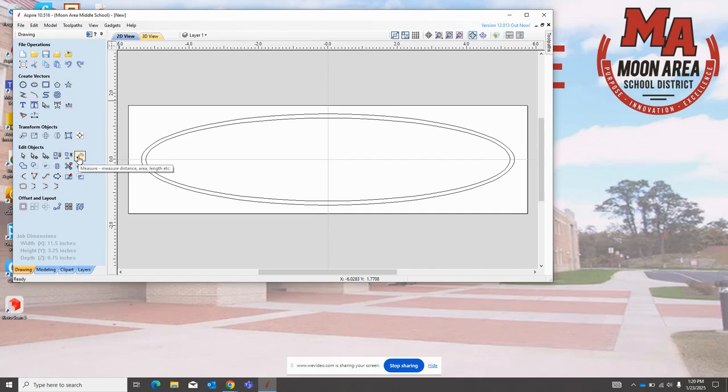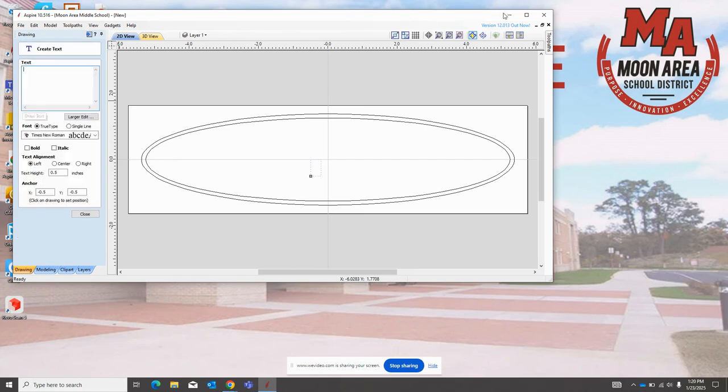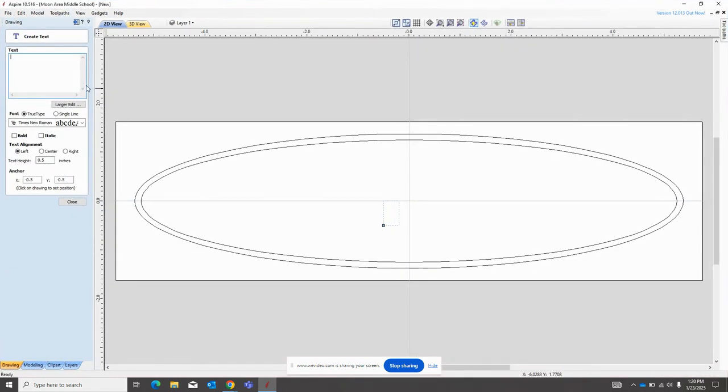Next up, we're going to use our text tool, Draw Text. Give that a minute to open up. You are going to pick between 2 and 4 letters or numbers. Try not to squeeze this in too much. So pretty much I'm just going to pick my name here. And you can say center alignment